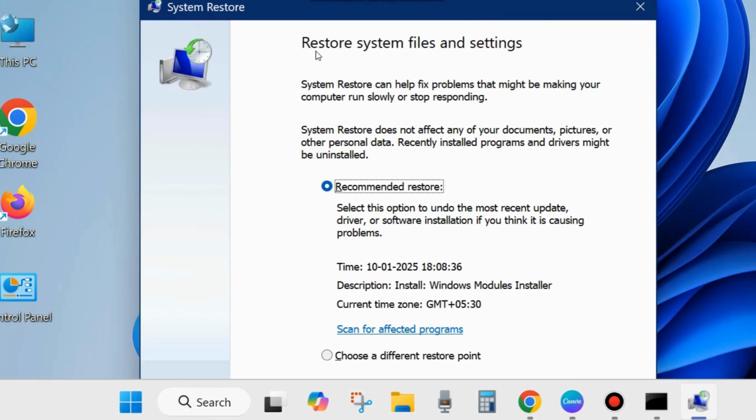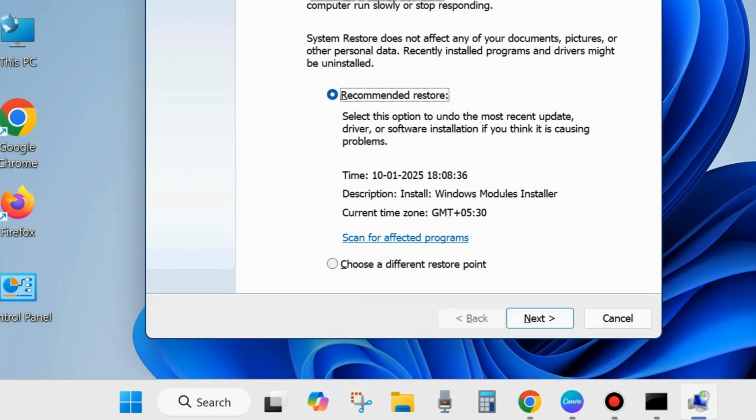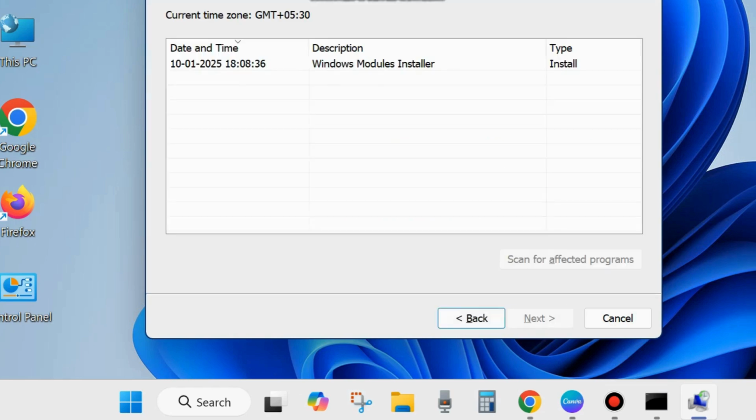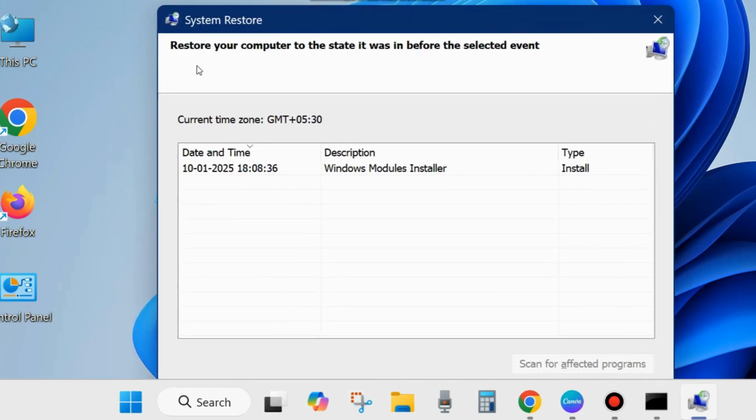The System Restore window will open. Restore system files and settings. Here you will find the recommended restore, but you may choose another restore point. Choose a different restore point, click on it and click on Next. You may choose the recommended restore also. Click on Next and